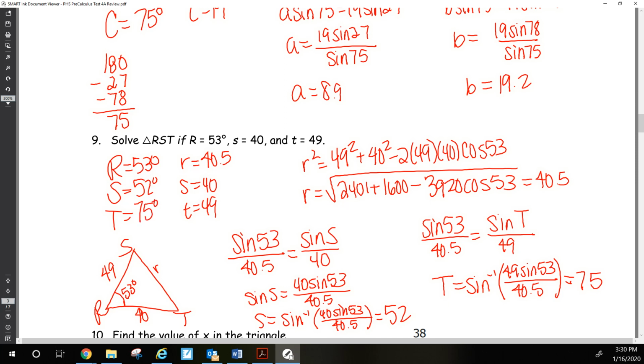Oh, there we go. Did I have to do it that way? No, I didn't have to do that. Because Miss Harris wasn't thinking, how else could I find that? Well, we knew 2 of our angles, so I could have done 180 minus 53 minus 52 and gotten 75 degrees. Not sure what I was thinking on that one. All right, number